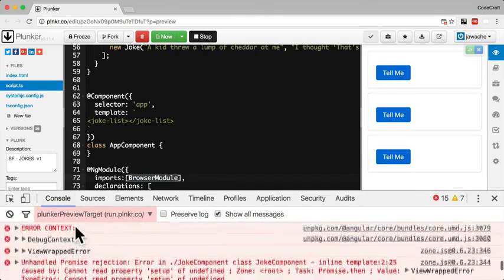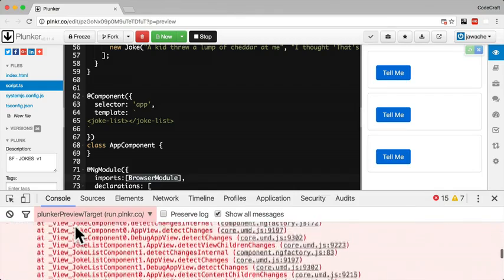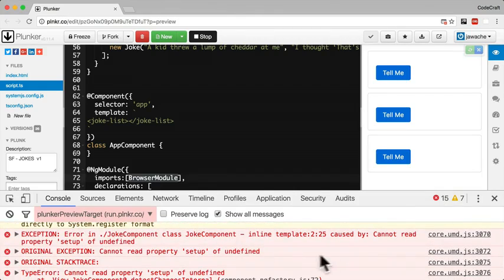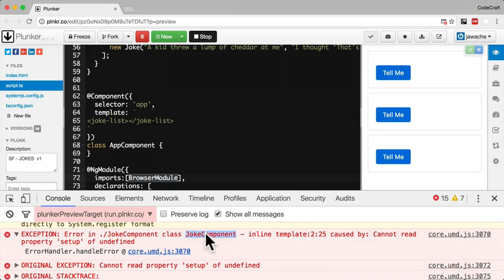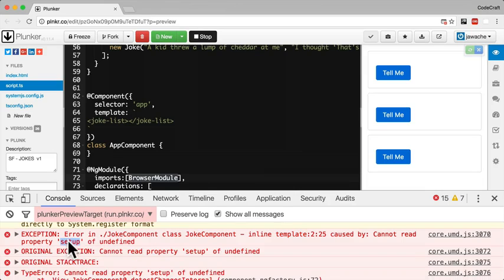we'd see some errors. Scrolling to the top of the errors, we'd see this error saying on the class JokeComponent, cannot read property setup of undefined. So the above should give you a bit of a clue, really. Well, one, it's saying it's on the joke component. Number two, it's saying the word template is there, so you know it's something to do with the template. And third, it's saying cannot read property setup of undefined, so you know it's something to do with the